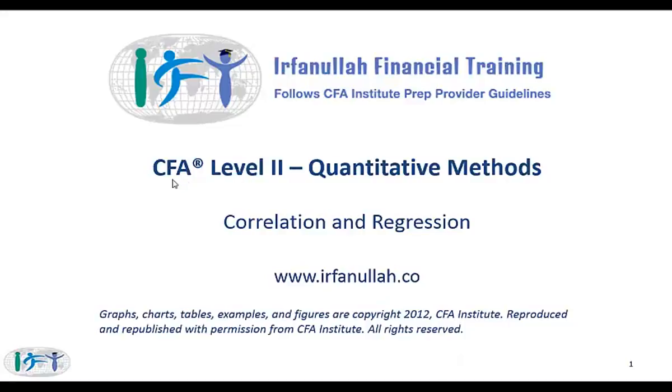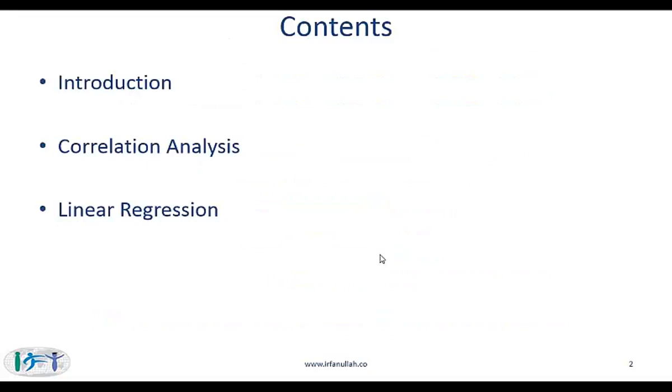In this lecture, we will go over the CFA Level 2 reading on correlation and regression. Quant has 3 readings. This is the first one, and it is, in a sense, the simplest one. If you are not good with numbers or you've not done much statistics before, you might have some challenges, but if you stay with me, have a little bit of patience, try to understand the most important points first before